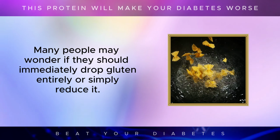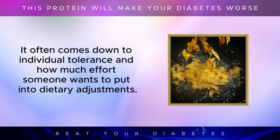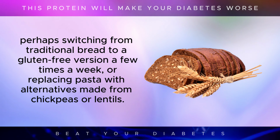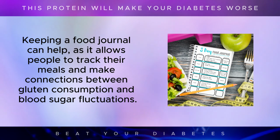Many people may wonder if they should immediately drop gluten entirely or simply reduce it. It often comes down to individual tolerance and how much effort someone wants to put into dietary adjustments. Some might find that simply reducing gluten intake helps, perhaps switching from traditional bread to a gluten-free version a few times a week, or replacing pasta with alternatives made from chickpeas or lentils. Others might benefit from a more complete shift, where gluten is fully removed from the diet for a period to see if there are noticeable improvements. Keeping a food journal can help, as it allows people to track their meals and make connections between gluten consumption